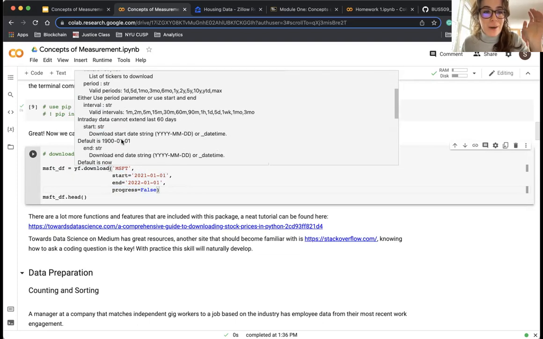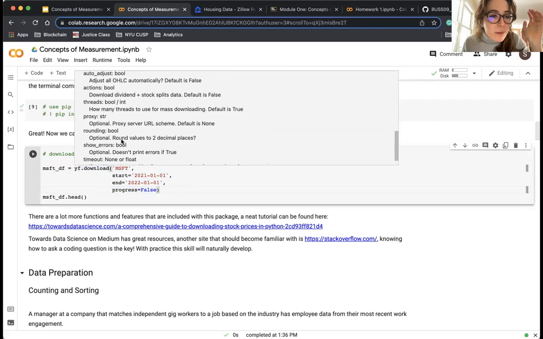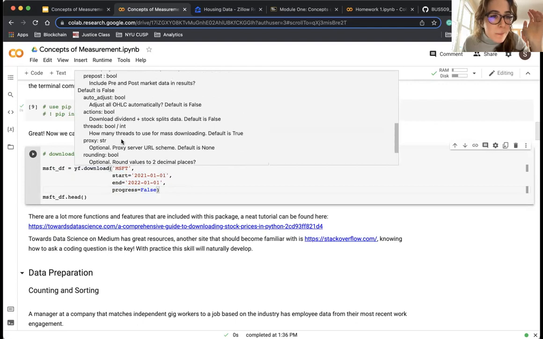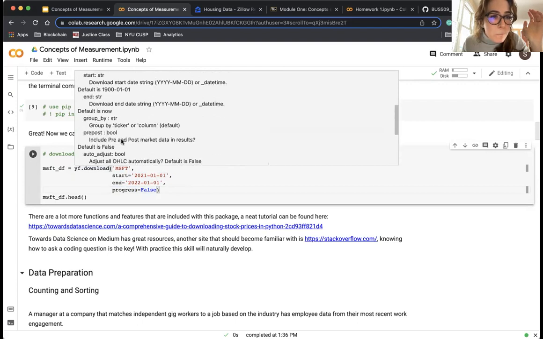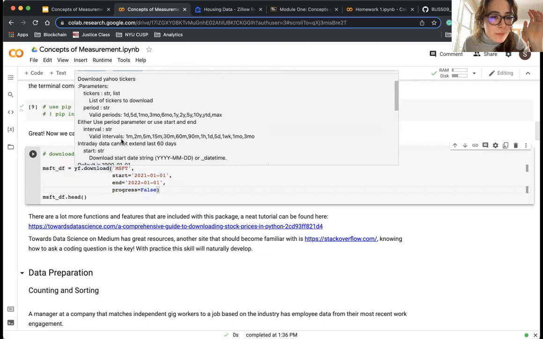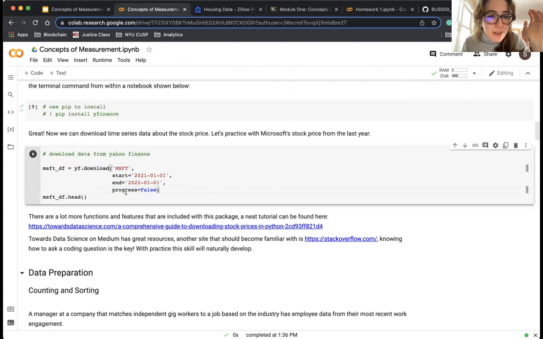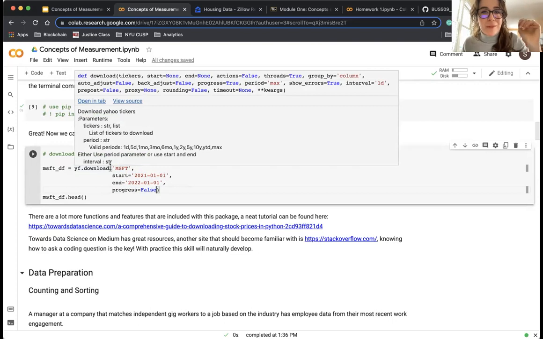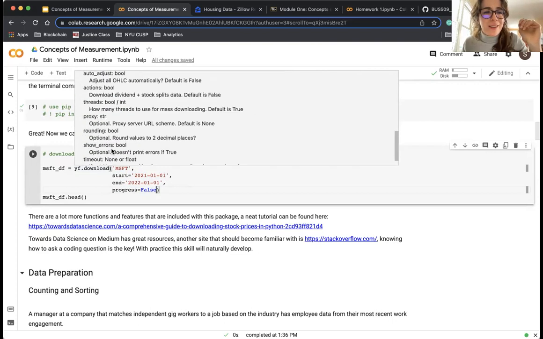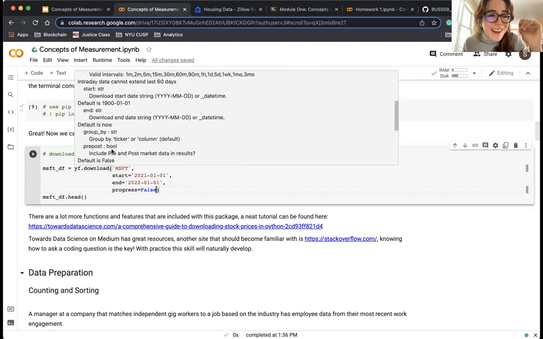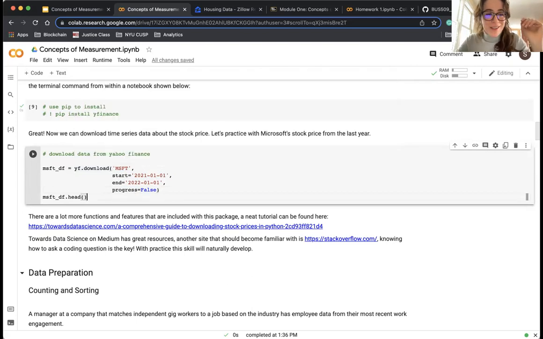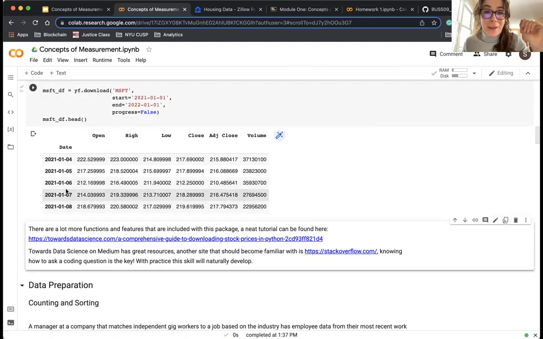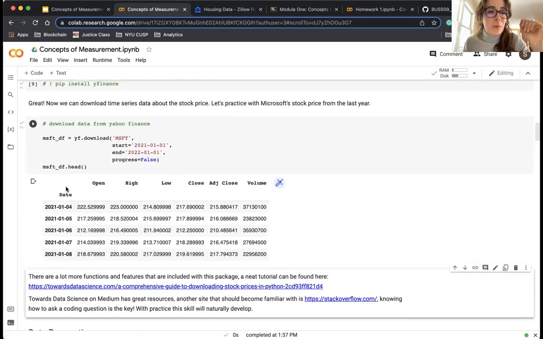So progress, now we can see what does progress mean? Well, it has it as one of the parameters. We'll just keep it as false for now. But if we were kind of curious more, we would look into it. But for our purposes, we're fine. So we'll run this. And we can see now we have the open, high, low, close, adjusted close, and the volume